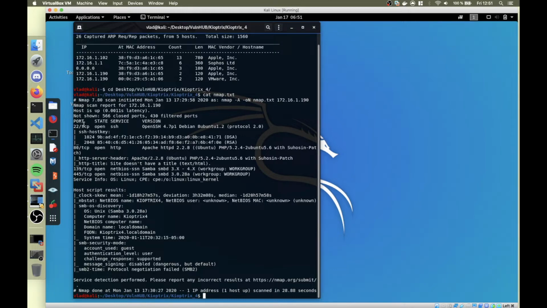and as you can see, it has 4 open ports: Samba, HTTP, and SSH. So what I did is,